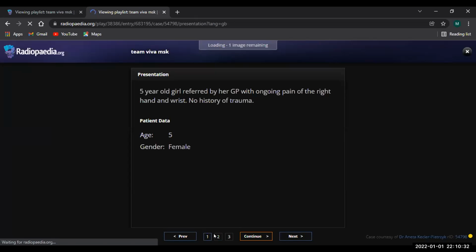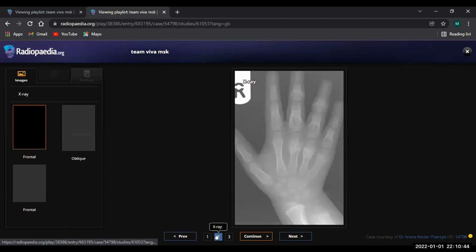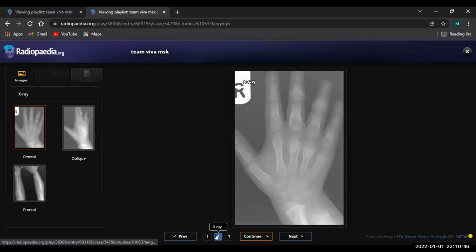Okay. 5-year-old girl referred by her GP with ongoing pain of the right hand and wrist. No history of trauma. 5-year-old female. So this patient has ongoing pain of the hand and the wrist. It is a frontal radiograph of the hand showing